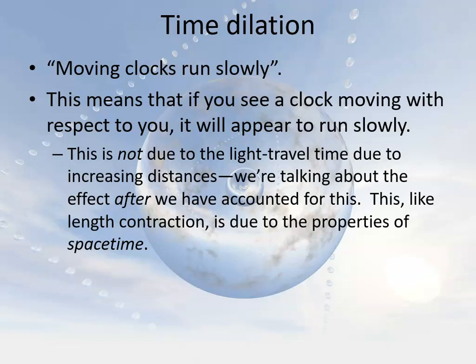So you do 0.99 squared, that's 0.9801. 1 minus that is 0.0199. So we'll call it about 0.02, but sure, 0.0199. In fact, let's round that to 0.0196, because that happens to be exactly the square of 0.14. And 1 divided by 0.14 is 7. And so what we realize is that somebody moving at 99% of the speed of light is going to experience a length contraction factor of 7 and a time dilation factor of 7. Lengths will appear 7 times shorter, times will appear 7 times longer.